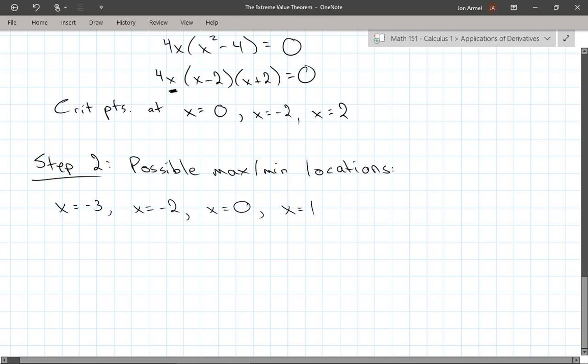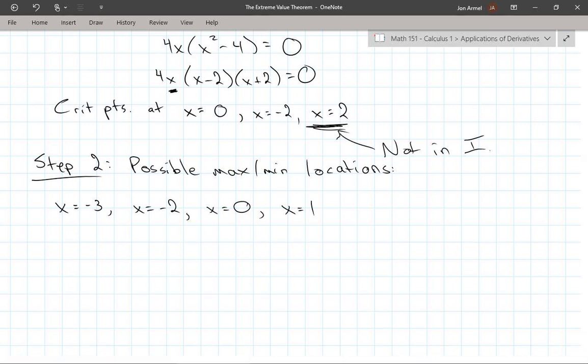And I can see some of you saying, what about x equals 2? That was a critical point. Well, guess what? This is not an I. So we don't actually care what happens there. Our interval stops at x equals 1. That was given to us. So we don't care what happens for any of the critical points outside that. So actually, we only have 4 points to check. Huh. Okay,